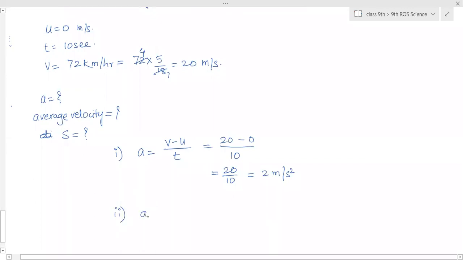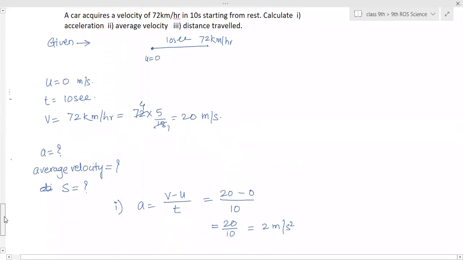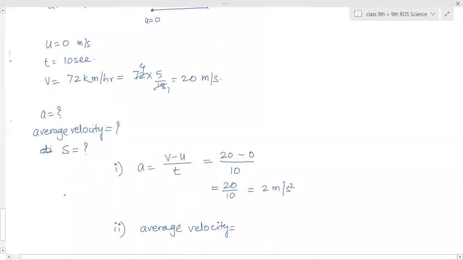Now second, average velocity. For average velocity, what is the formula? Total displacement upon time taken. Can you find displacement here anywhere? Is it a uniform motion? It's non-uniform motion. Here, for average velocity, we cannot find displacement because no information about the displacement is given. So in this case, we have to use the second formula of average velocity. Check out which formula of average velocity I have given you. Two formulas of average velocity I have already given you.